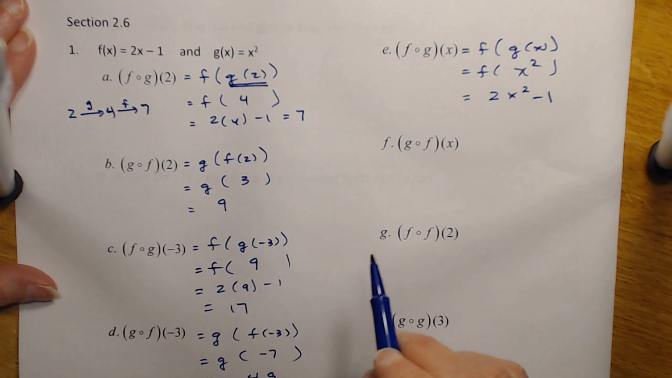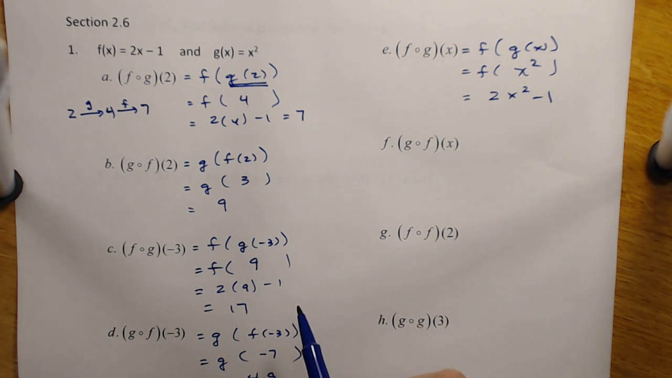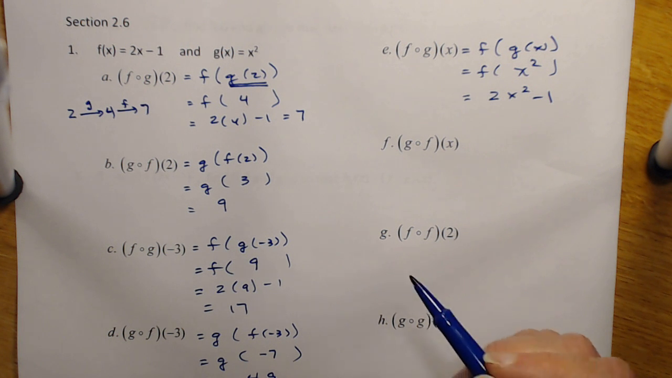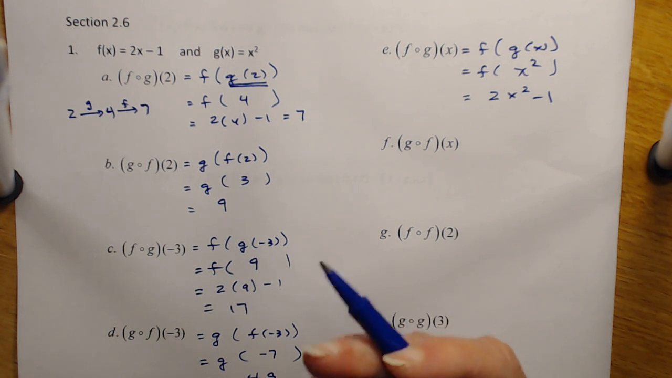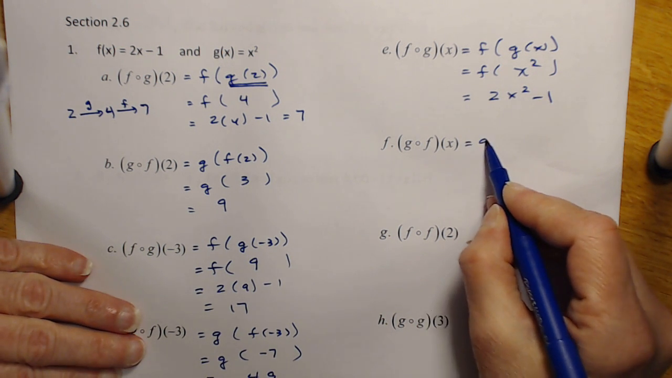Okay, so again, it's real important that you don't call g of x equal to x squared. Think of g as the squaring function. F of x is 2x minus 1, but in general, what does the f function do? It doubles the input and subtracts 1. Okay, so in this one,